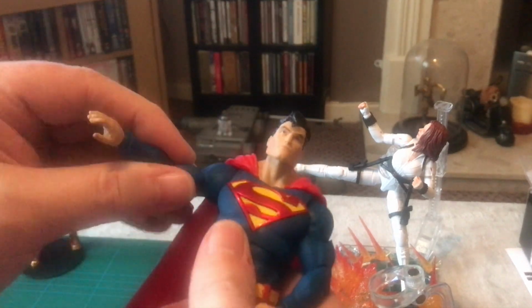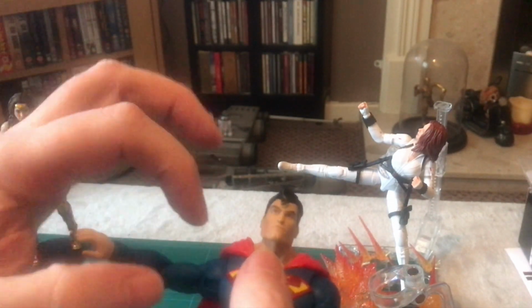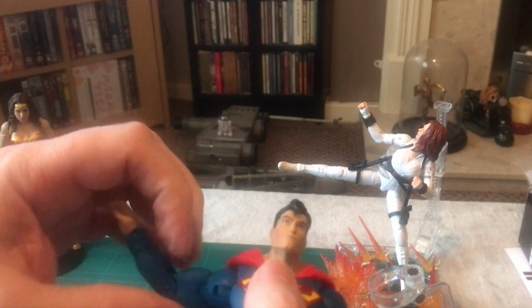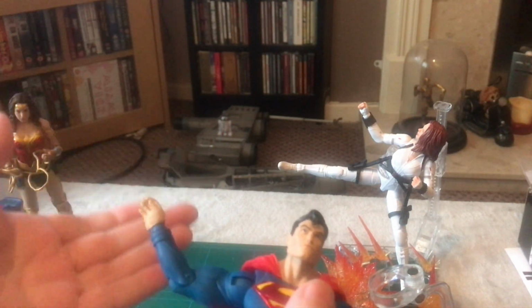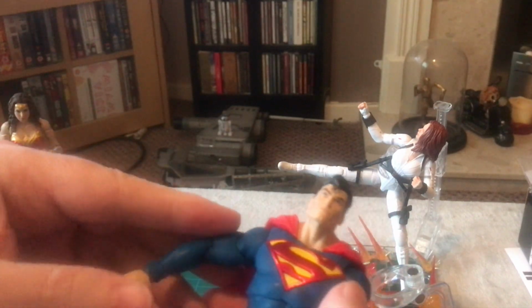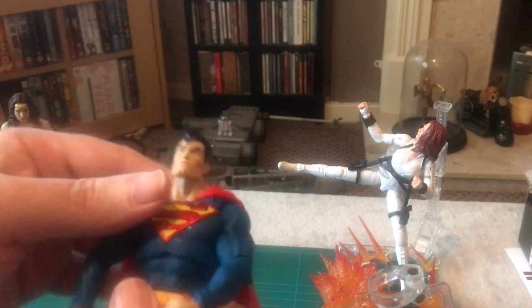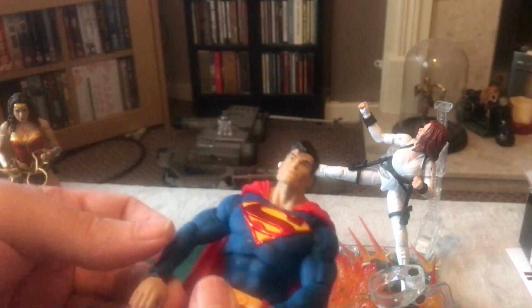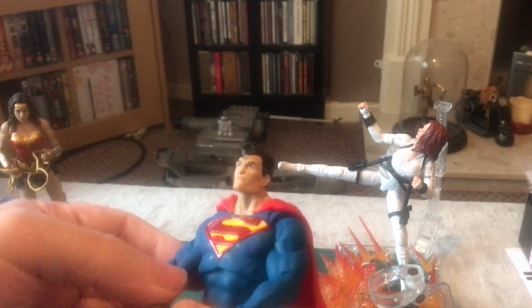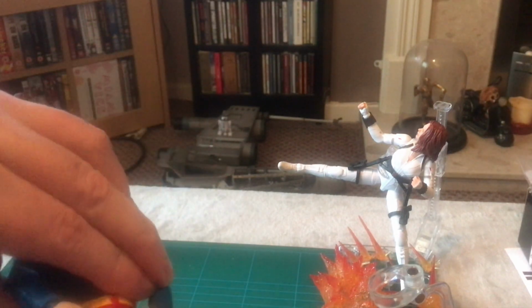But you've got shoulder joints there, and you've got bicep joints as well, which are a lot better than the bicep joints you usually get, where you just click a line across. You can actually see his bicep there, so that's more realistic. And you've got the elbow, wrist, and there's plenty of movement in there. You've got your diaphragm movement, which is a bit loose, really. Considering all your other limbs are stiff and clicky, that is pretty loose, but I don't think it's a big problem. You've got your waist,